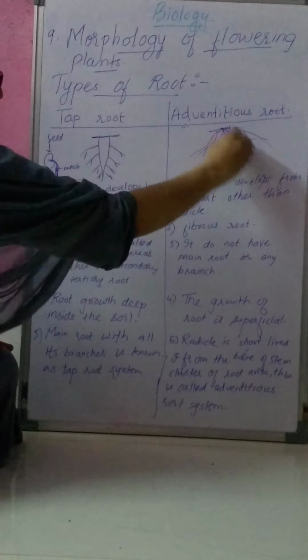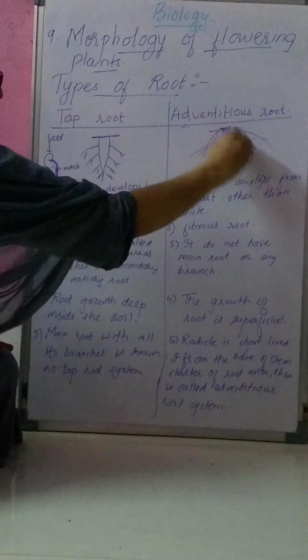As the food is stored in the main part, this main part becomes swollen. If something is stored in a part, then that part will become swollen. And this main part is also fleshy. You can eat it. It is swollen, fleshy, and we can see they develop different structures.